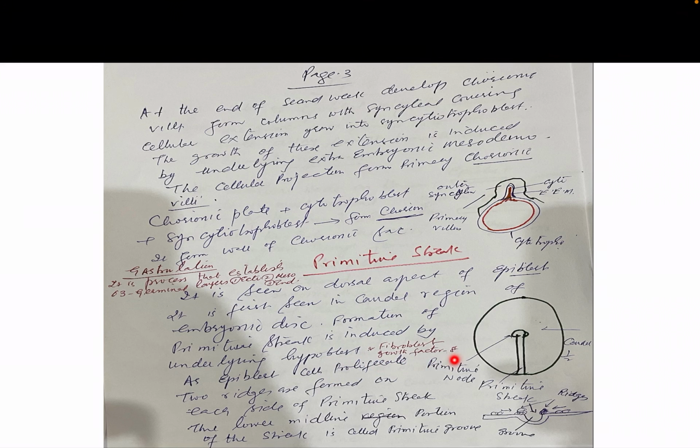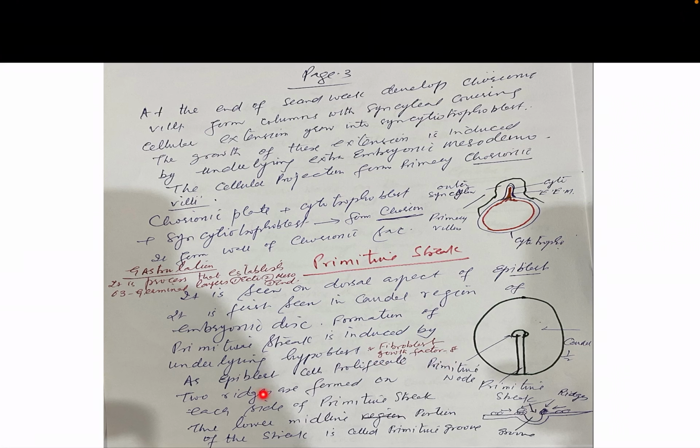Many times an MCQ is asked: which structure gives the signal and is responsible for induction of the primitive streak? If the options include hypoblast or fibroblast growth factor 8,